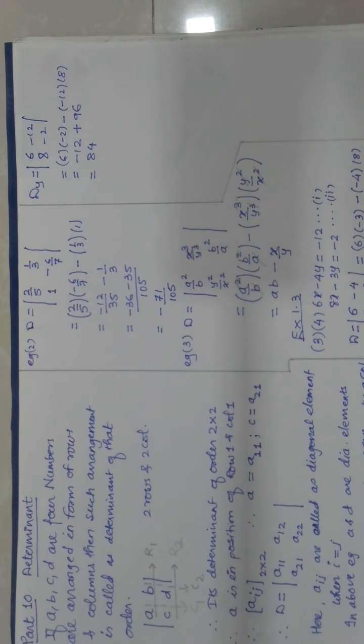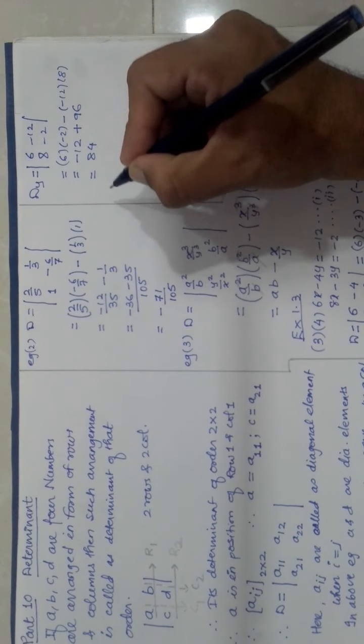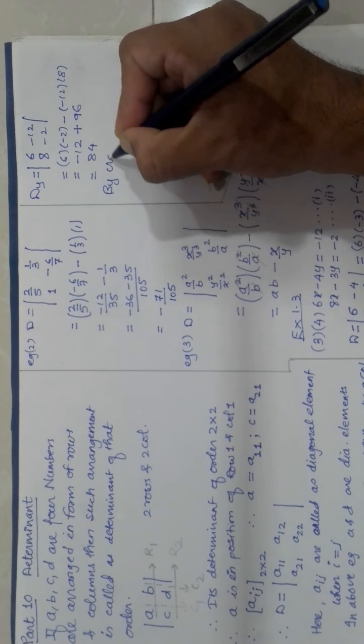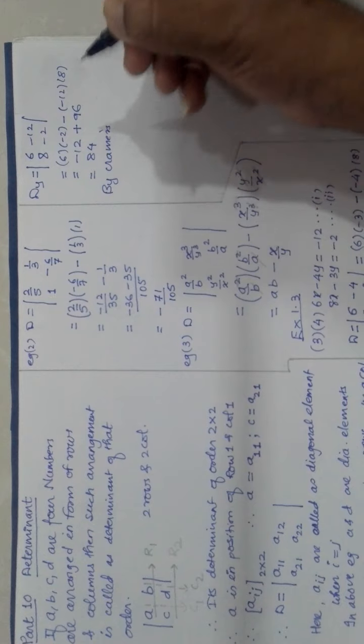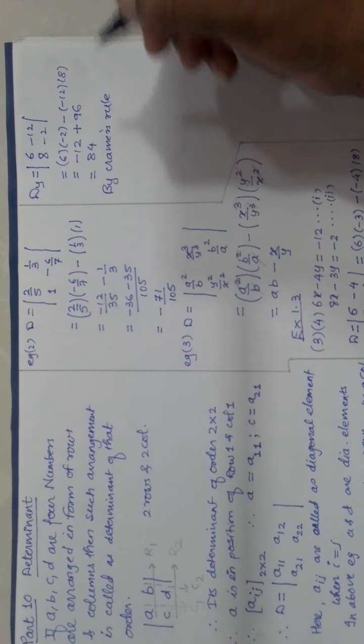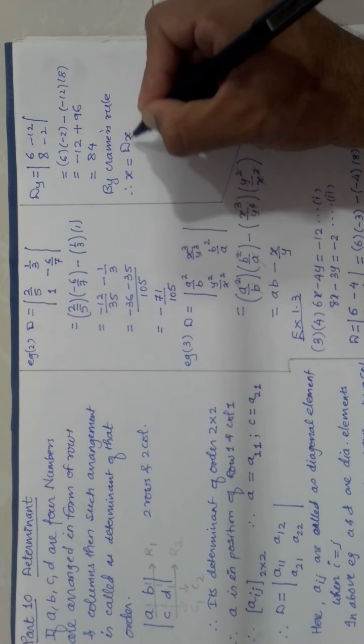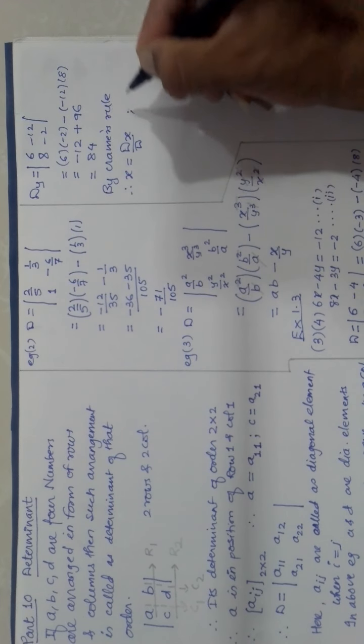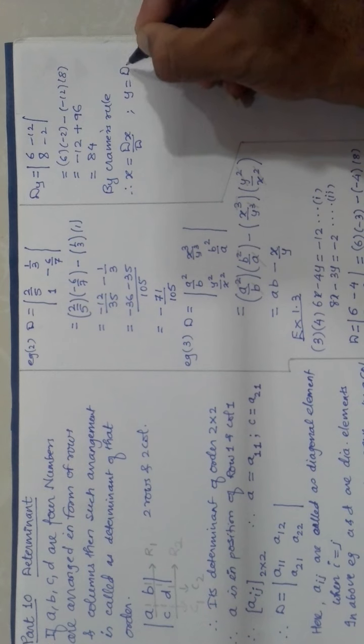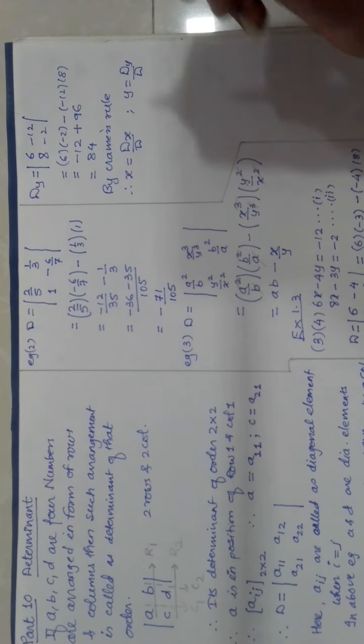Now you will ask me, what will we do with this? So here Cramer's has helped you. The Swiss mathematician, he has helped us. If you have found out D, then what does Cramer's rule say? That is, by Cramer's rule, what he says is that the value of x is dx upon D and the value of y is dy upon D.